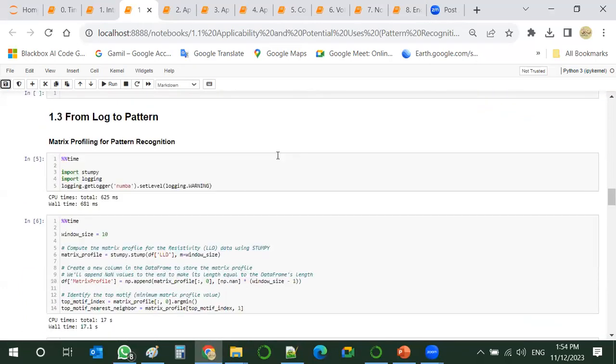So we can move from log to pattern, and we can use the matrix profiling concept for pattern recognition, which was introduced by Dr. Main and his colleague a few years back.